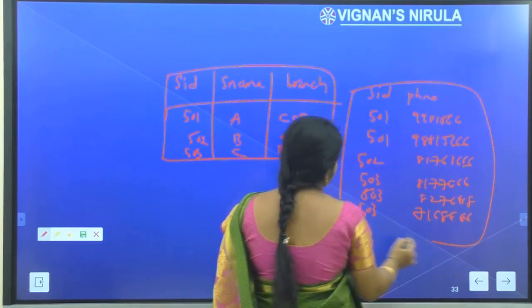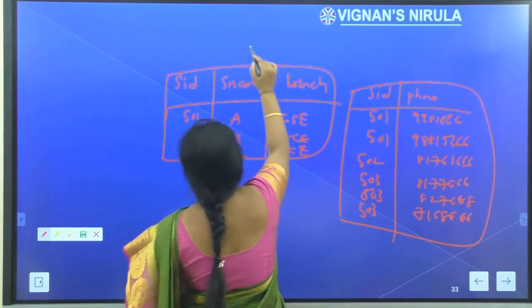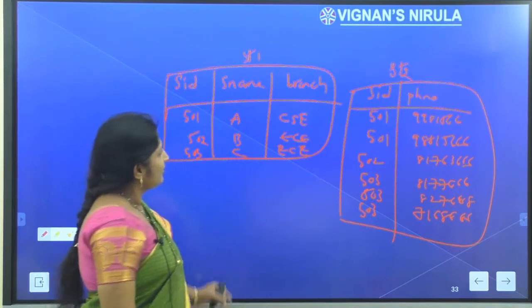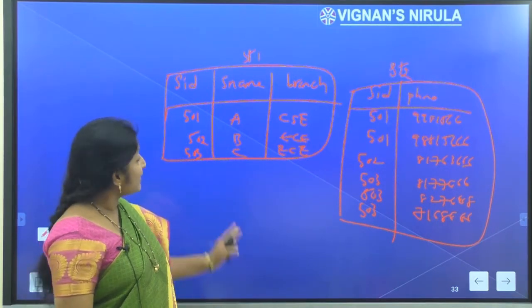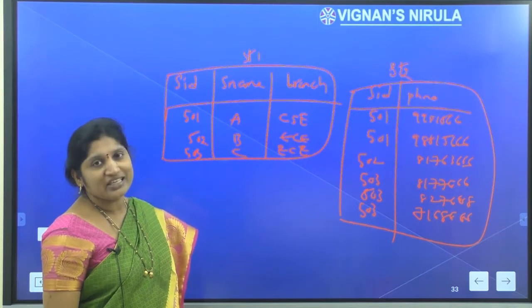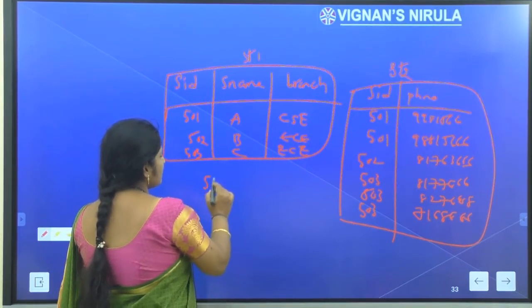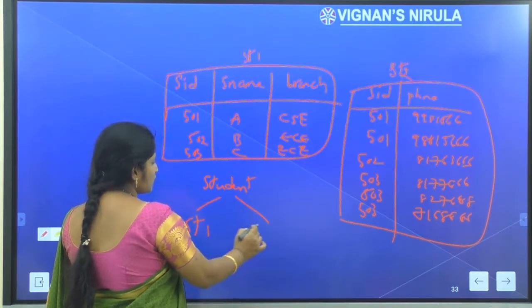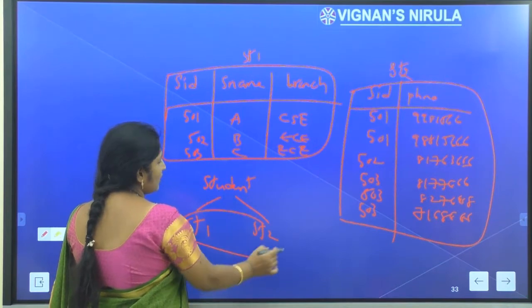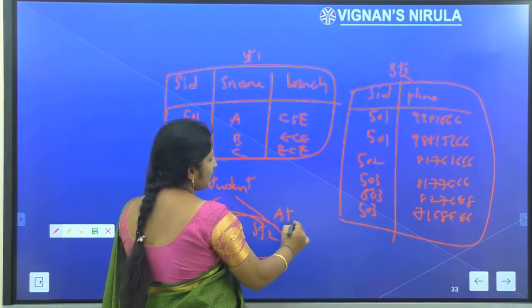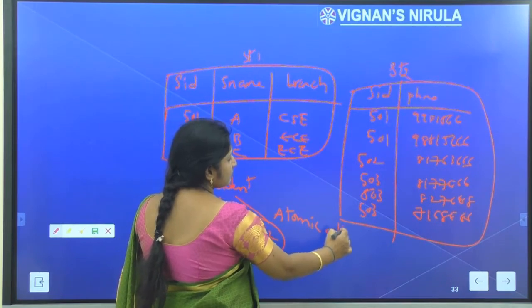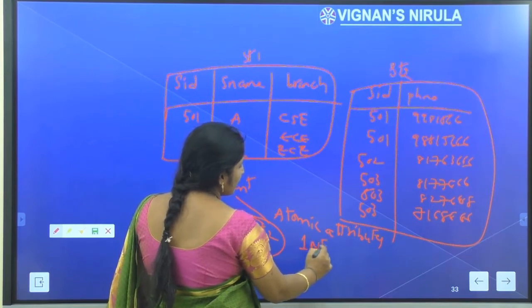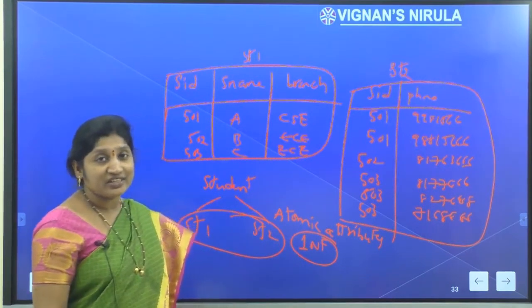By dividing the student relation into 2 subtables, ST1 and ST2, now see here, the redundancy is reduced, as well as all of the attributes are single valued attributes. Now I can say my student table, which has been subdivided into 2 tables as ST1 and ST2, has all the attributes as atomic attributes. Now my relation is in 1NF. This is the way to make a relation be in 1NF.